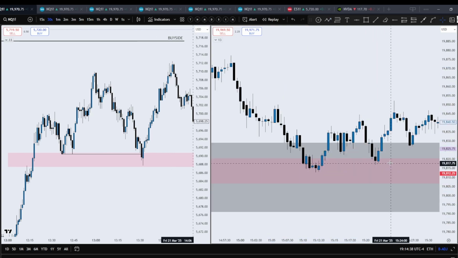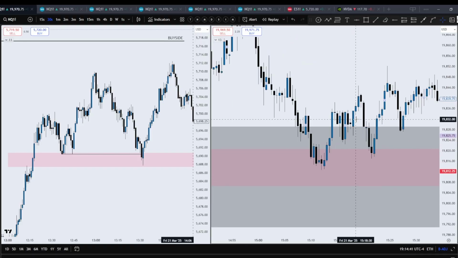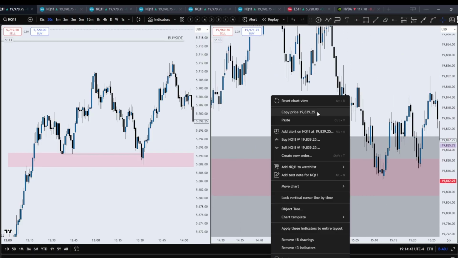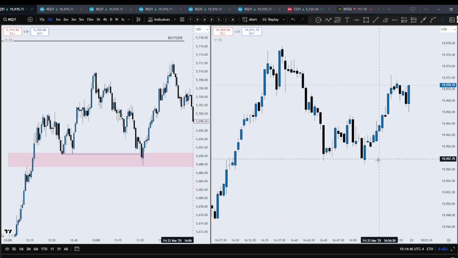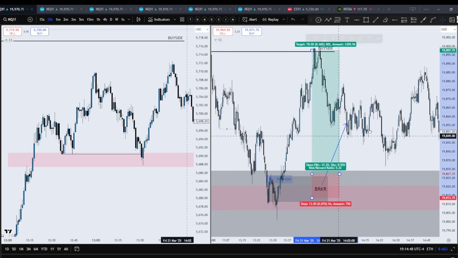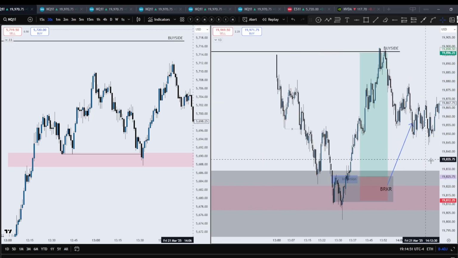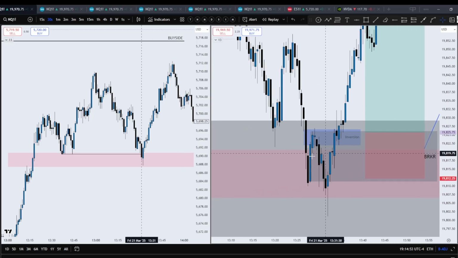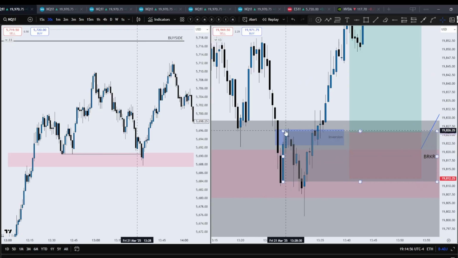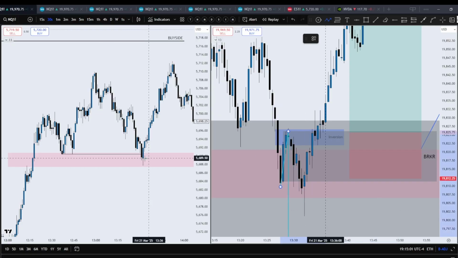So I did go on stream here and talk about looking at the 30-second. And this is not it. Where is it? Right here. Okay, so the 30-second is what I'm looking at here. We have a 30-second fair value gap here, which we retrace. We made this low, retrace back down. We wicked that. That's the manipulation. I looked at ES as well as NQ just bouncing inside of this 15-minute unicorn. And the moment we flipped on the 30-second, this is what I've been saying: if we bounce here and we flip, that's going to be my entry, the 30-second inversion. That's why you see my entry at